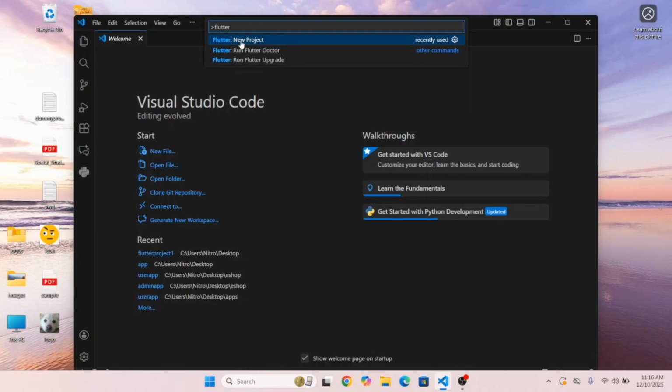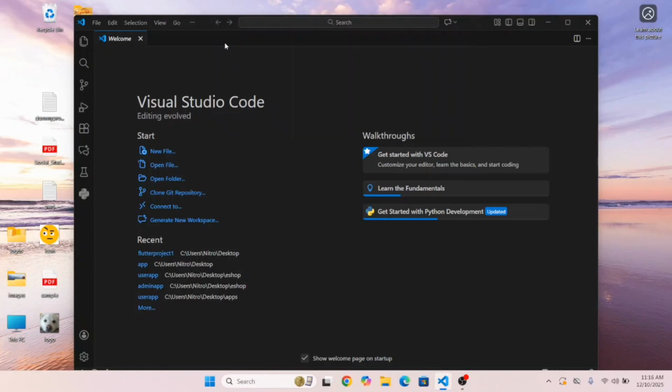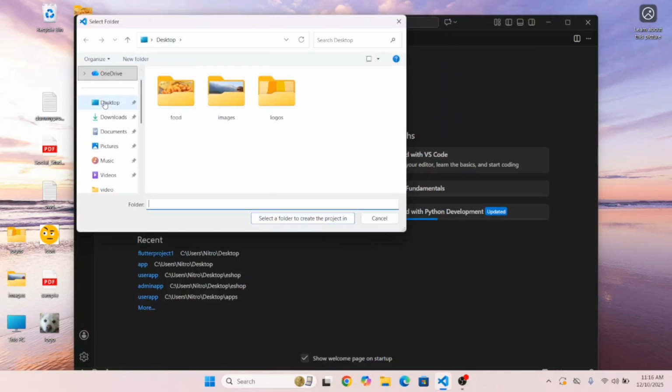Over here, choose this option and click on this Application and choose the folder where you want to save the new Flutter project. I'm going to choose the Desktop. Click on it and click on this Select a folder to create the new project in,